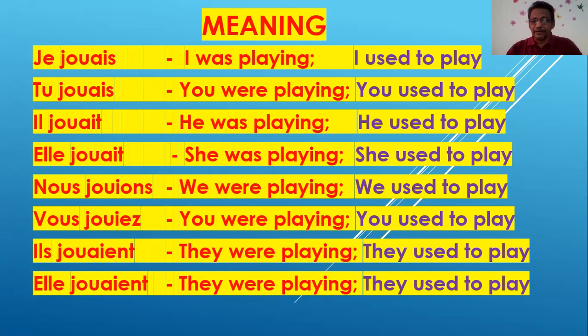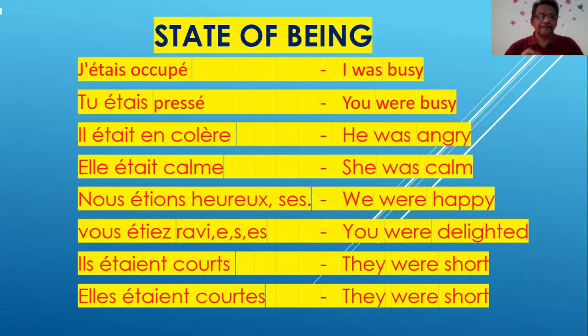That is a state of being. For state of being, the verb être is always used. That example also we shall see on the next slide. See here. Now the verb être is used in imparfait. Then occupé. Occupé is not a verb. It is not functioning as a verb. It is, of course, the past participle of occuper, but here it functions like an adjective. It describes the person,